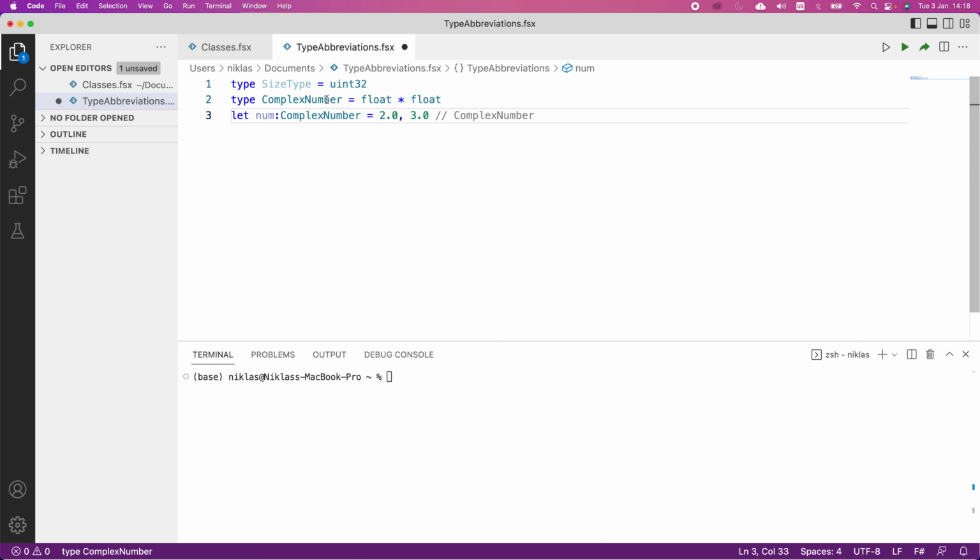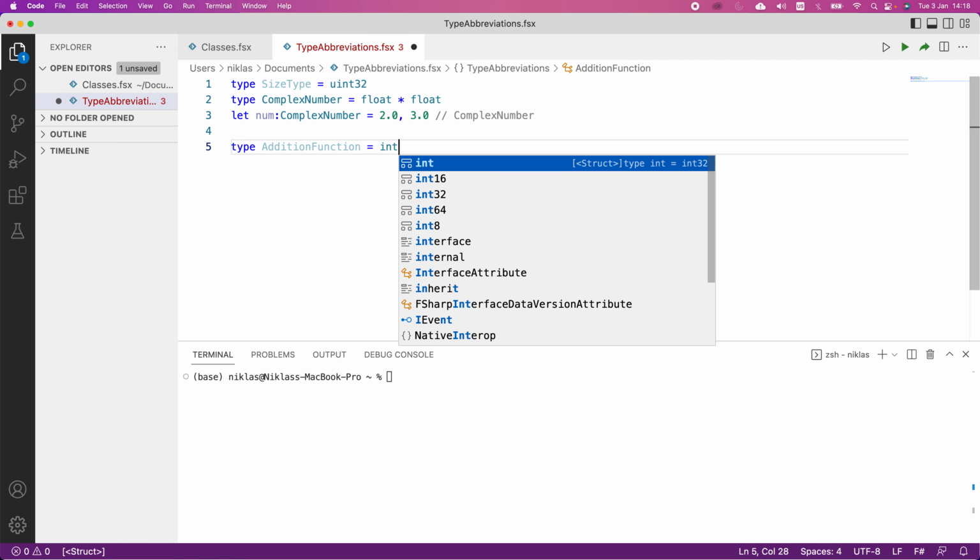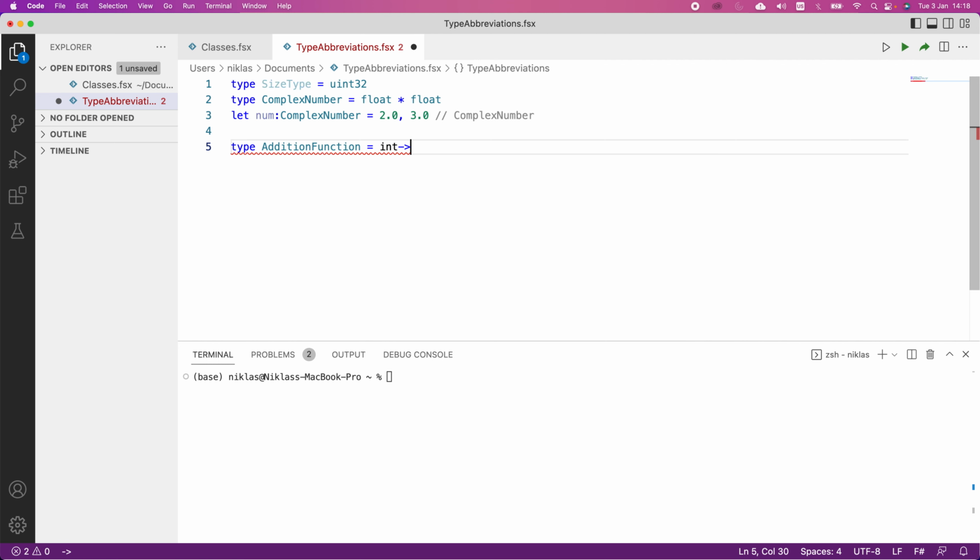So we don't create a new type here. We don't have a new type called ComplexNumber. We simply have this abbreviation for float times float that we can refer to instead. So to see what I mean here, let's define something new. So we define a type AdditionFunction, and we're going to let this be int to int,